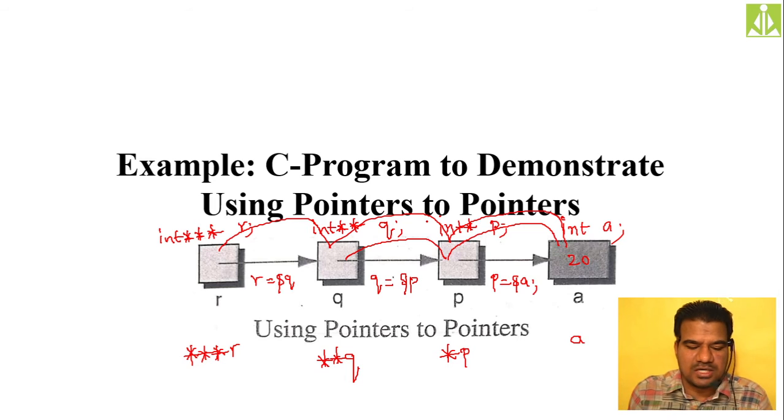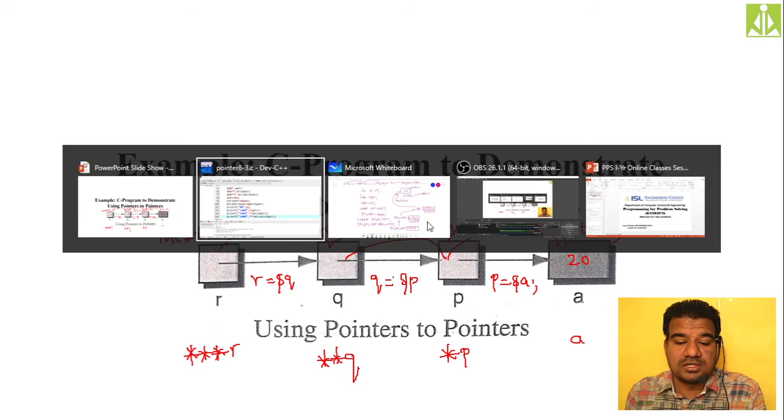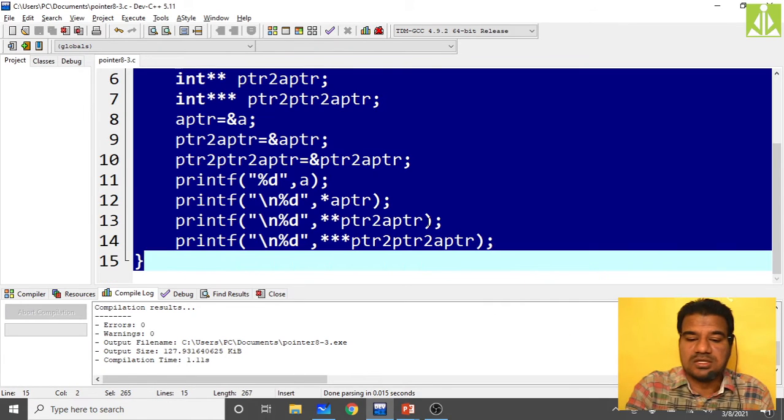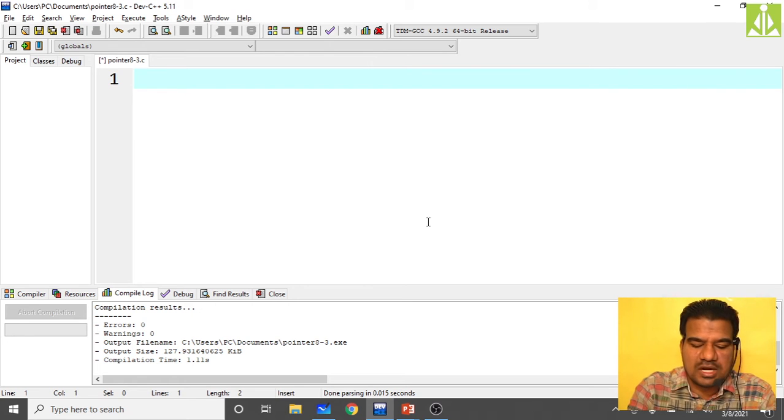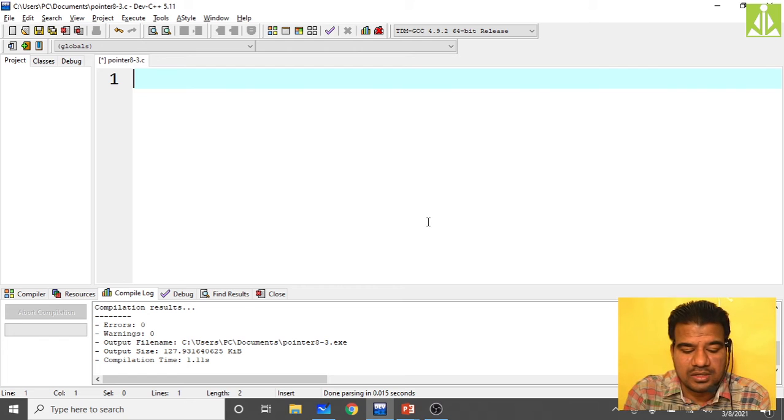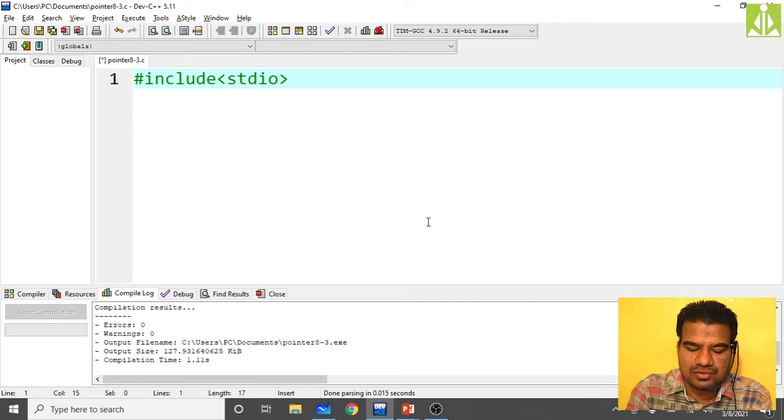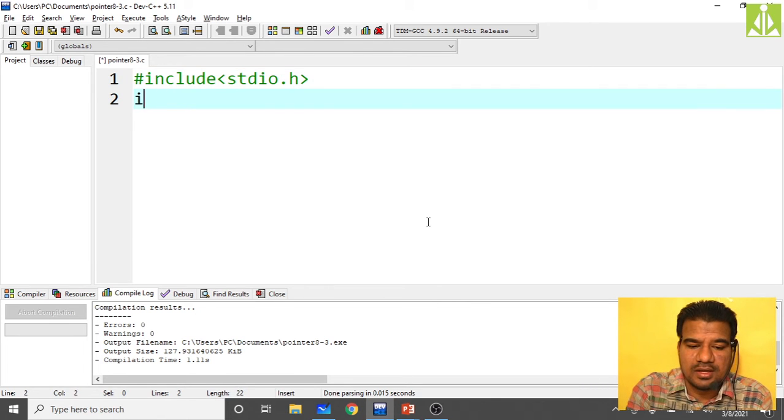Quickly I will write one program to demonstrate this same thing. So I will delete this one. Now I'm starting my program. Put your header file, hash include stdio.h, then int main of void.